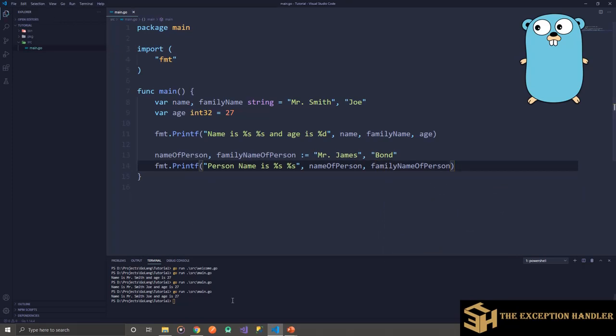Now let's go ahead and run this program. Oh my bad, I have not given a line break over here. Let's add a line break to the first line so that the two outputs do not mix in the same line.